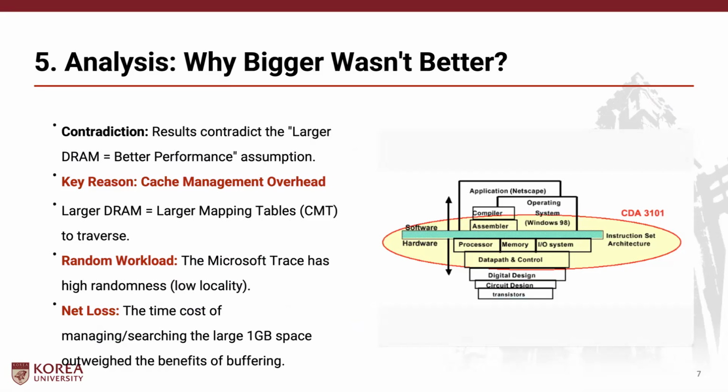So we did get these contradictory results. The key reason lies in the cache management overhead. A large DRAM implies a much larger mapping table to traverse. However, the Microsoft workload used in the experiment is highly random. Because of this randomness, the time cost of searching through a massive 1 gigabyte table outweighed the benefits of having a